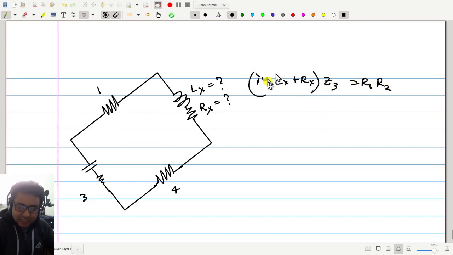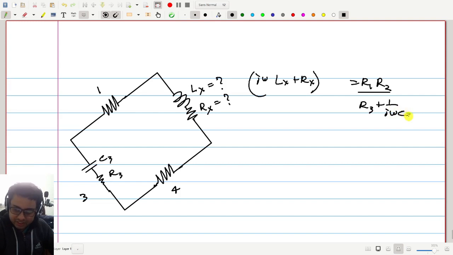Okay, now this is the unknown, so let me bring this known to the other side, Z3. Now if I take something in series here, C3 R3, then I have to write R3 plus 1 by j omega C3. I have to multiply the numerator and denominator with R3 minus j omega C3, simplify, and it will take longer time. But what if I just